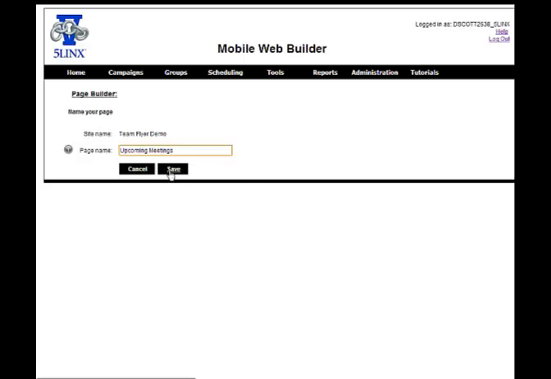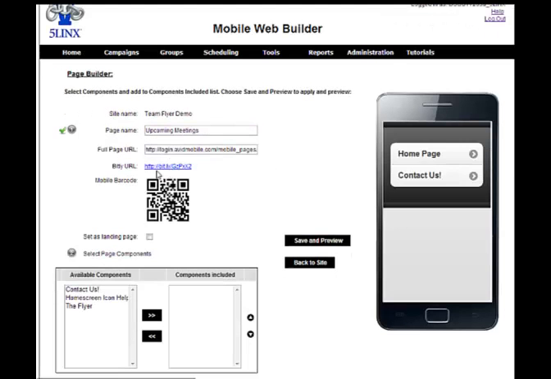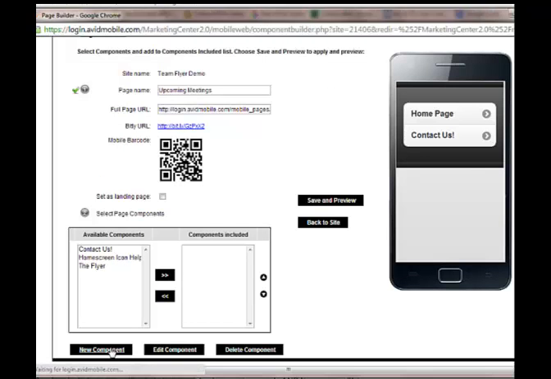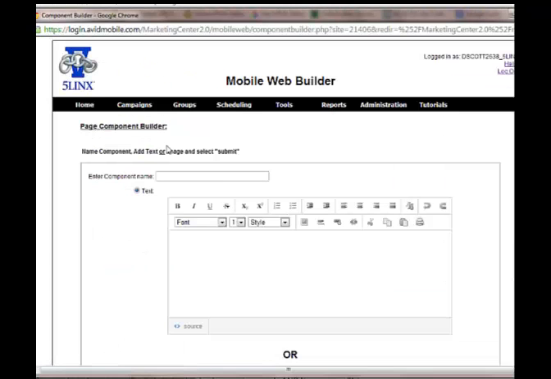Okay, so I'm going to call it upcoming meetings. I'm going to save it, and then I'm going to actually go into it, and I'm going to add a component. I pretty much just stay with the whole convention of what I've been using. So I'm going to say new component, and I'm going to say upcoming meetings, and I'm going to say